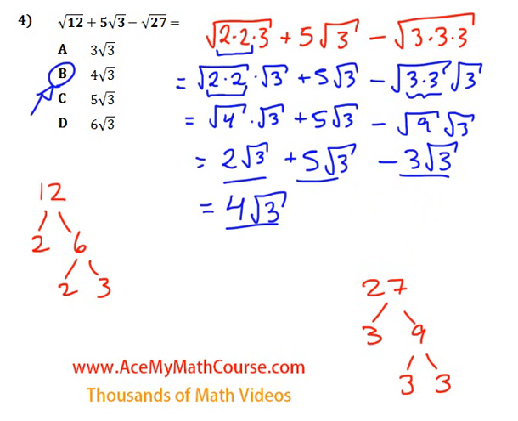If this addition didn't make sense, I will just explain it in a slightly different way. Imagine that the square root of 3 is just x. So we can write this as 2 times x, so 2x plus 5x, minus 3x. And we know that this would add up to 2x plus 5x, 7x, minus 3x, 4x. So this is very similar, right? If it makes sense to you,